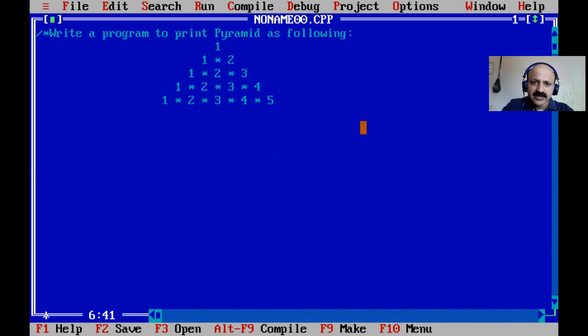That is our target: the mixed pattern pyramid, number and asterisk.